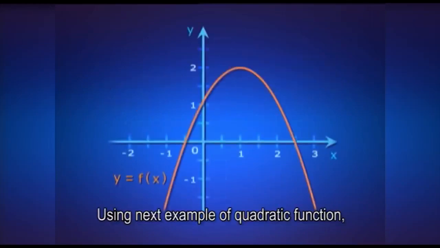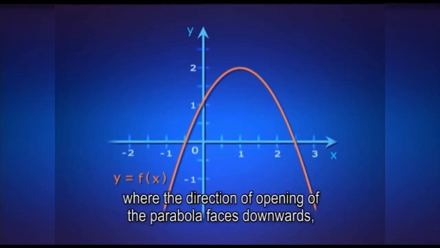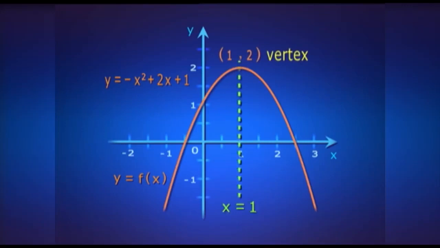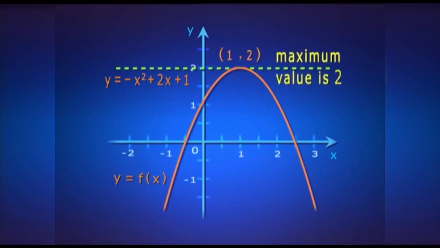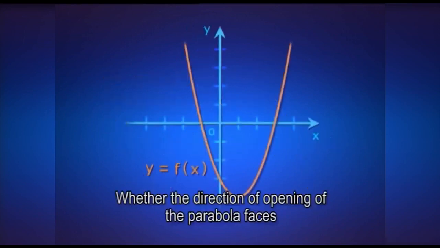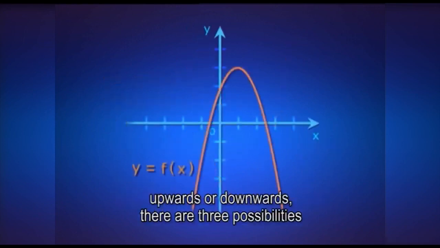Using an example of the quadratic function where the direction of opening of the parabola faces downwards, y equals minus x squared plus 2x plus 1. The vertex is (1, 2). The axis of symmetry is x equals 1. The maximum value is 2. The y-intercept is 1. Whether the direction of opening of the parabola faces upwards or downwards, there are 3 possibilities